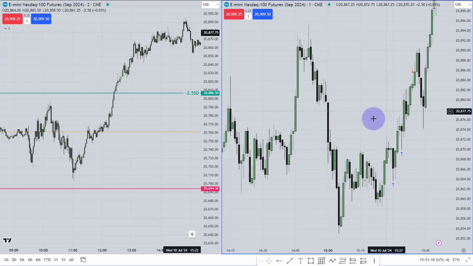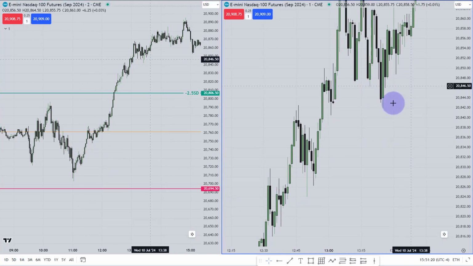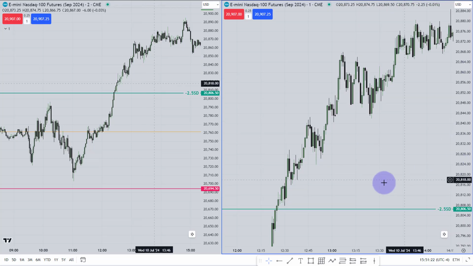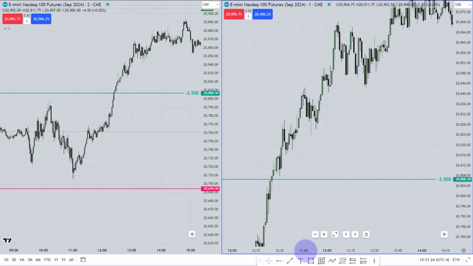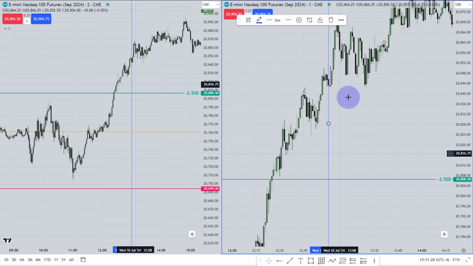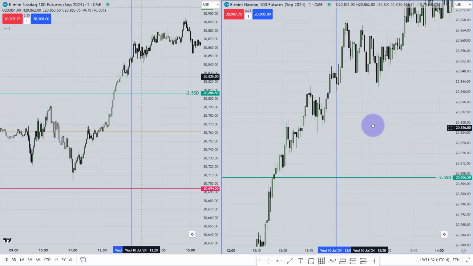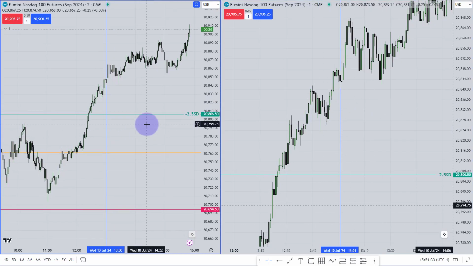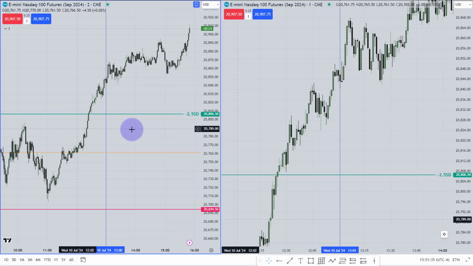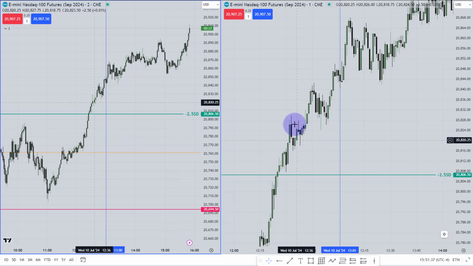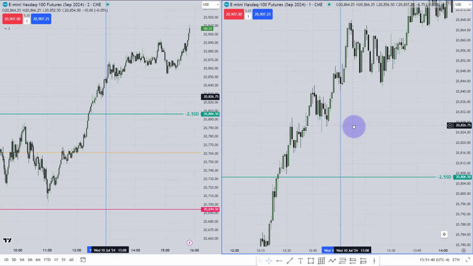Now I would love to explain the PM session. Okay, so over here the PM session starts around 1 p.m. Here this is that 1 p.m. Let me mark the 1 p.m. Okay, this is the starting of 1 p.m. If you take a closer look over here, as I told you, in a trending day you don't need the 15-minute chart. All you need is the 1-minute chart to see if it can take some liquidity.